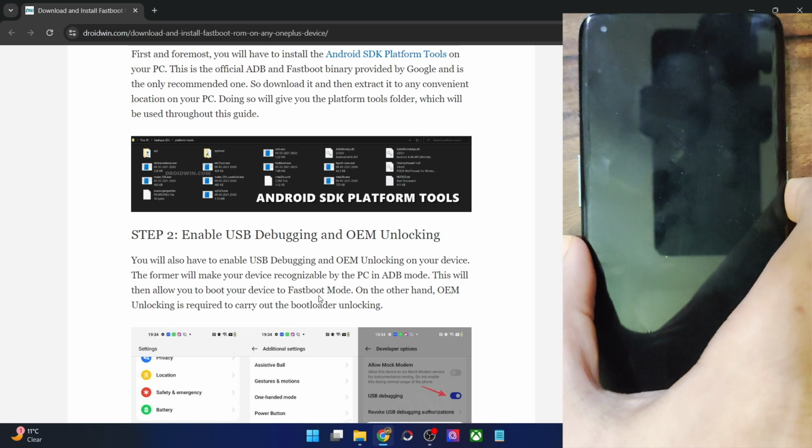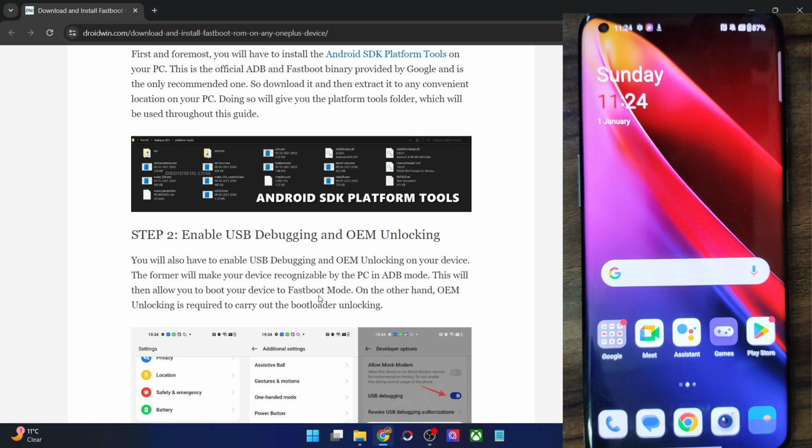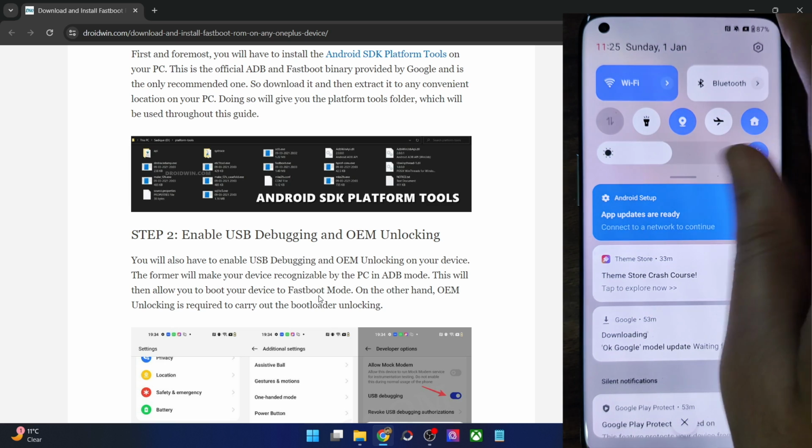Moving on, your next course of action is to enable USB debugging and OEM unlocking. USB debugging is required to execute ADB commands, whereas OEM unlocking is required to unlock the bootloader on your phone. So let's now carry out both these tasks. Do note that these steps are only for those phones which could access the OS. If you cannot access the OS, then I'll show you how to do that as well. Let's first show you these steps.